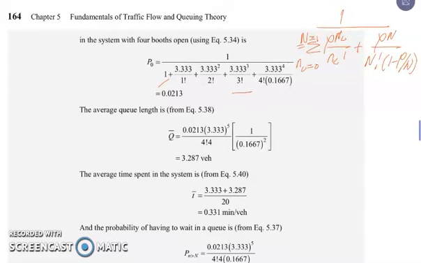So rho all over n is 0.833, and 1 minus 0.833 is equal to 0.1667. If we simplify that, we get a value of